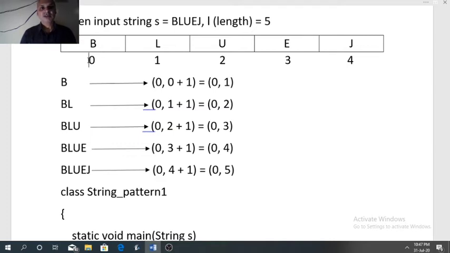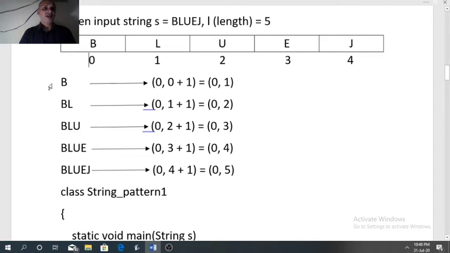It means the first character is allotted index 0, the next character is allotted index 1, and so on. So in the word blue jay we have a total of 5 letters or characters, so indexing starts with 0 and goes up to 4.